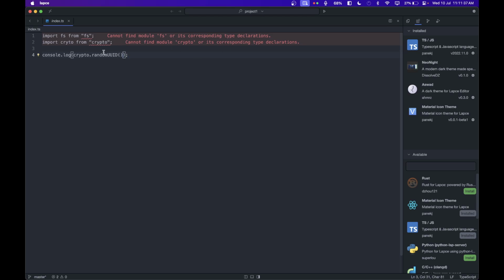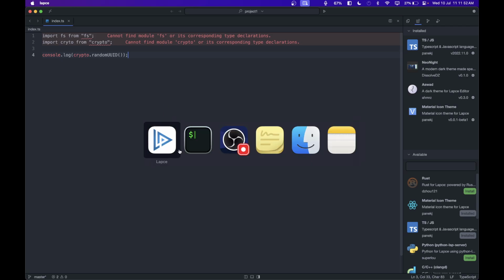You can see it is suggesting errors and also type hints. Alright, I'm not a professional tutorial maker, so